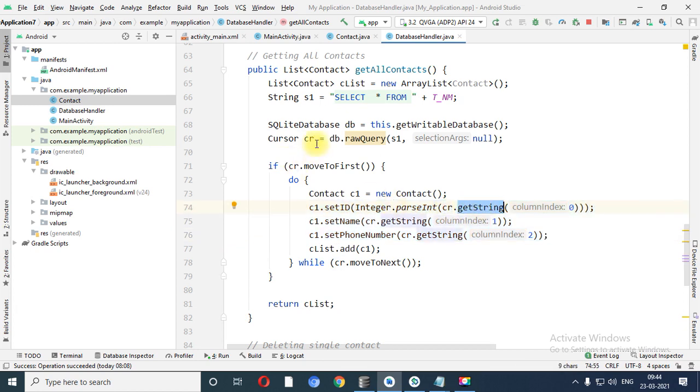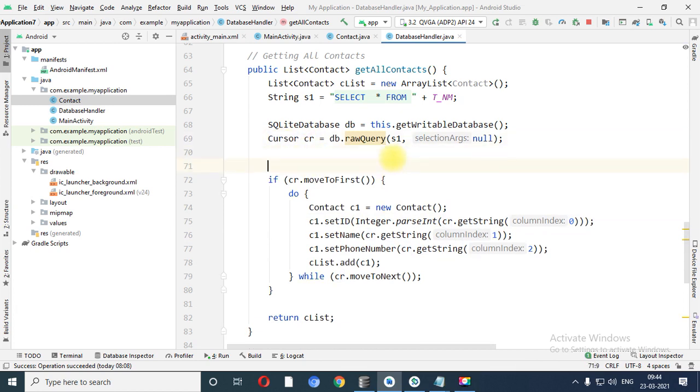cr.getString. cr is the object of Cursor. Let me repeat once again that cr contains data in this way. cr of 0 dot id equals 1, cr of 0 dot nm equals Radha, cr of 0 dot phone number equals 989898, right?